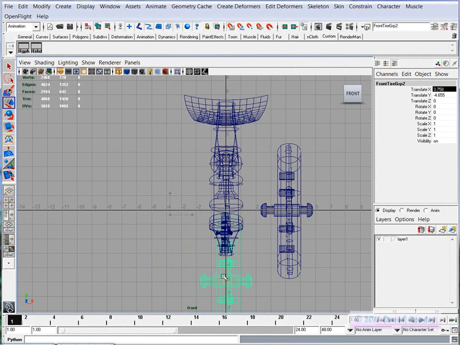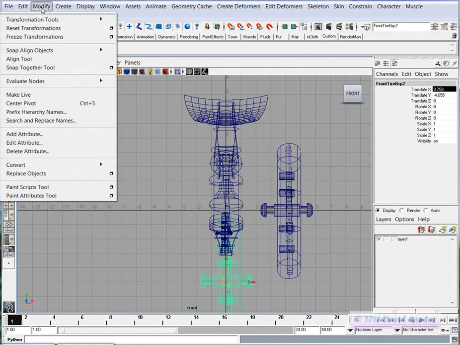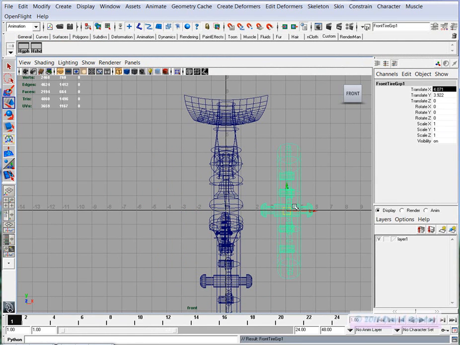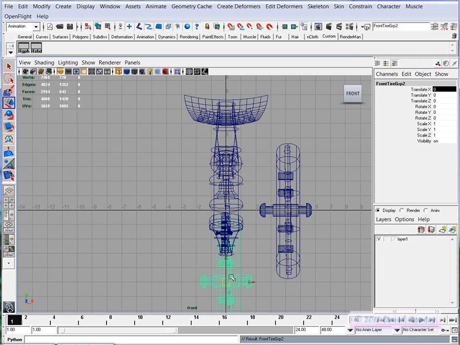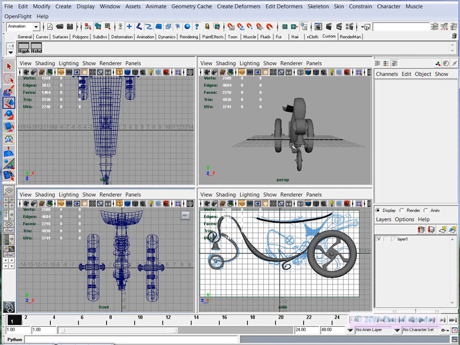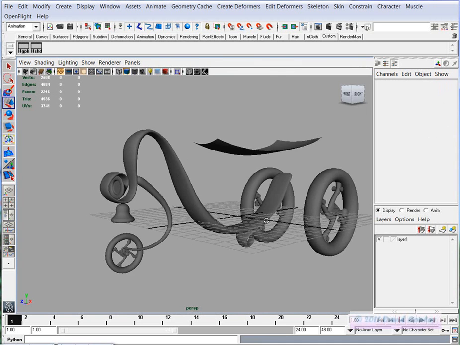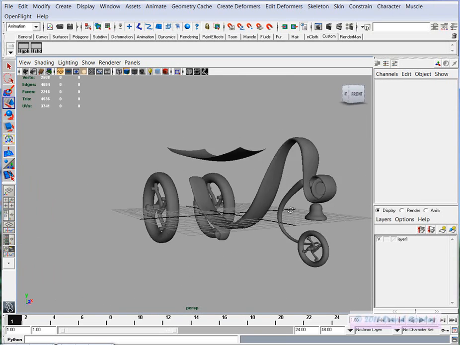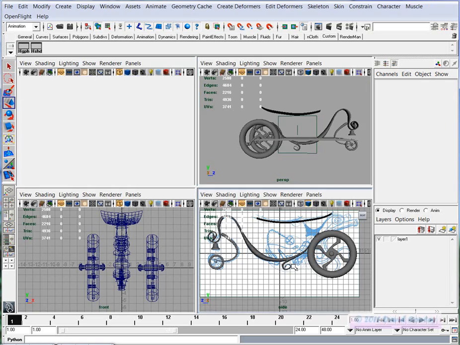Hold down X to snap to the grid. Freeze transformations. This one is at 4.07. Let's just do 4.0. There we go. So if we wanted to, now that we are starting to see the object in 3D, these wheels may not